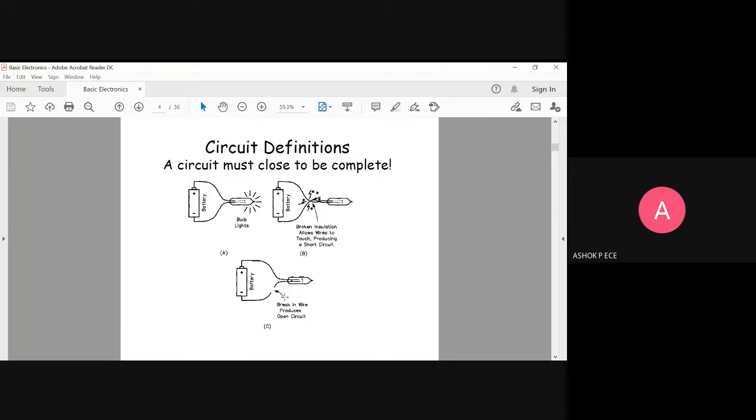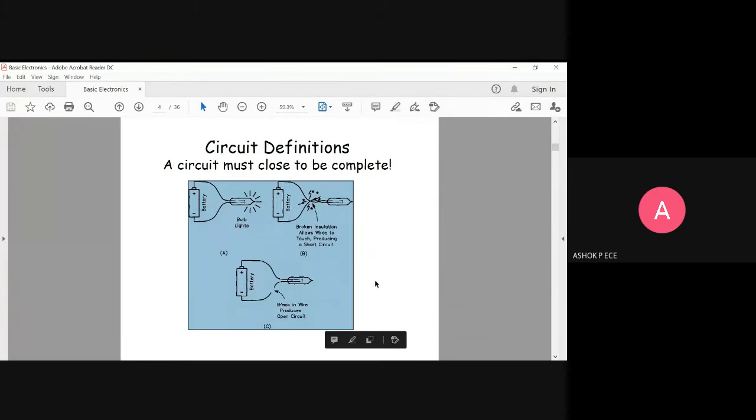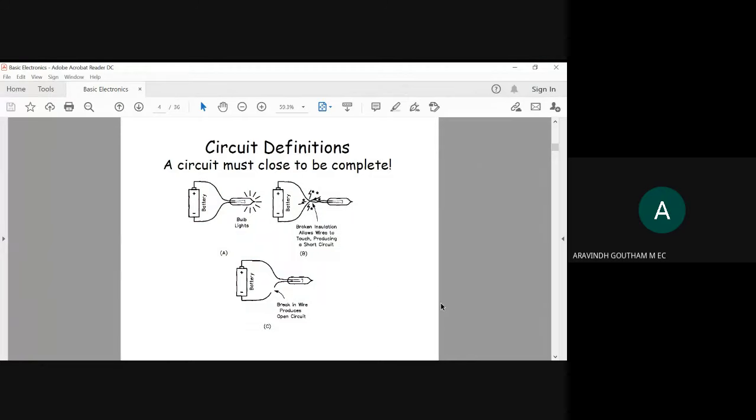And you have a lot of rats in your house, and a rat is going to bite one of the wires. See, one wire is intact, and the wire shown here has been bitten by a rat, and this bulb is not glowing. So you are able to understand the three scenarios here.